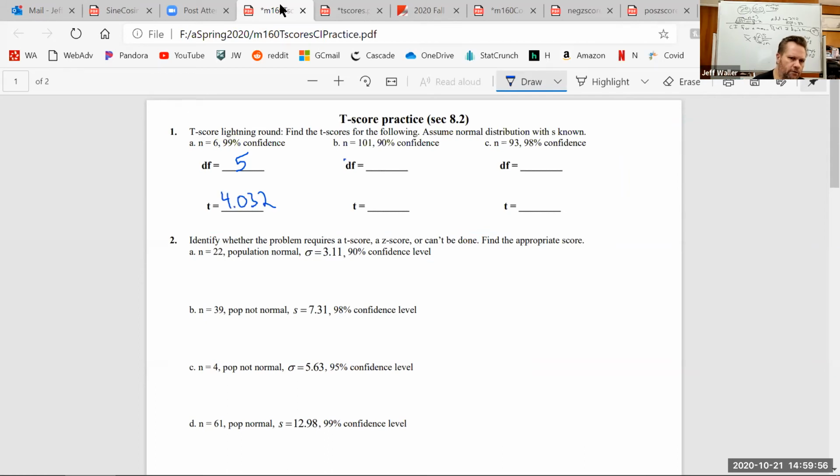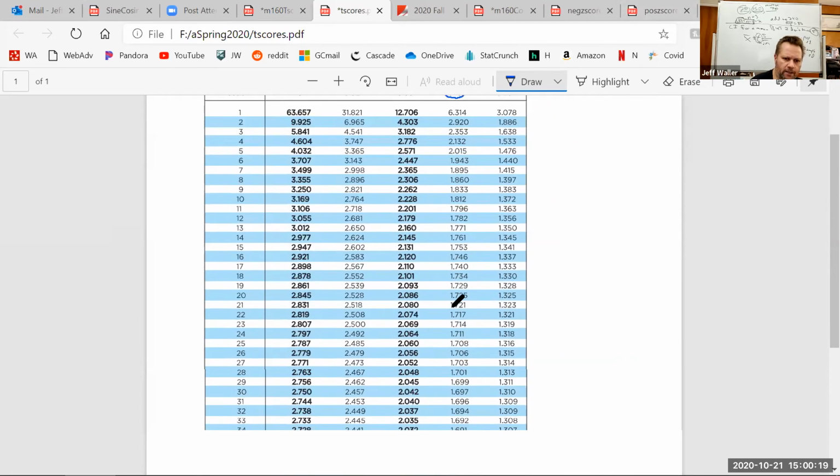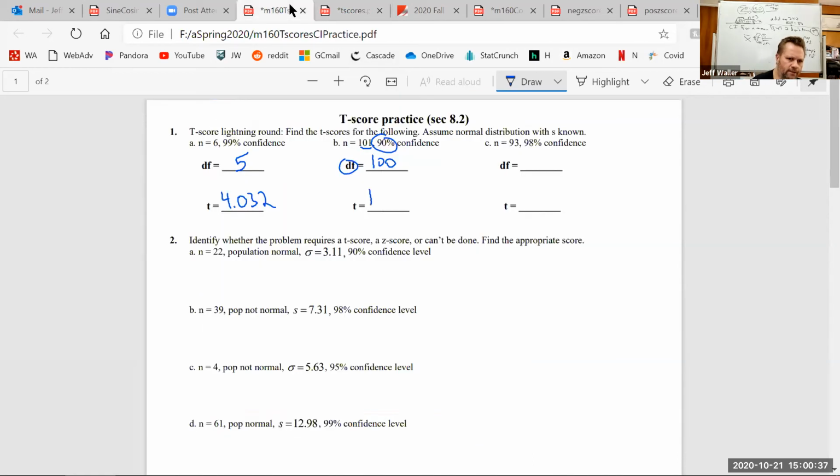So obviously here, the degrees of freedom would be 100. It's always 1 less. 90% confident. Which column am I going to use? The 4th column. Yeah, so 90% means there's 10% outside in the 2 tails. So I'm going to use this 4th column. So I'm going to just stop. I already forgot. 100, right? I'm going to stop at 100. And I see this. 1.660. So at 100, it's already getting pretty close to what the z-score would be.